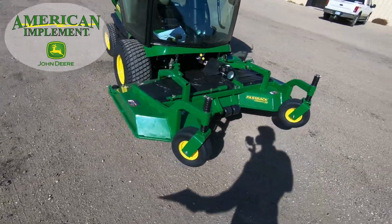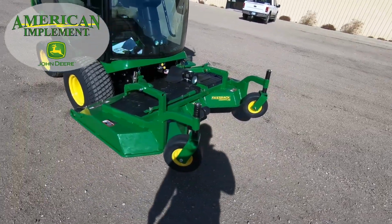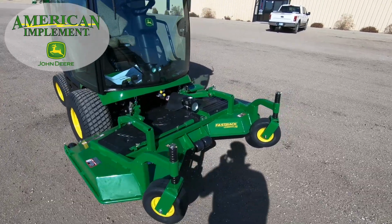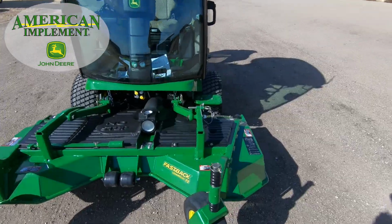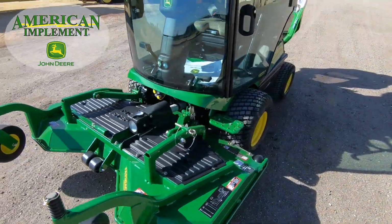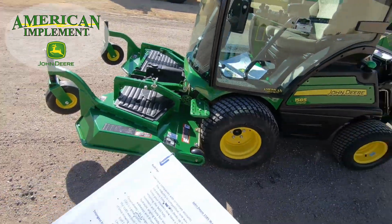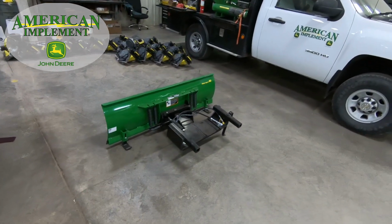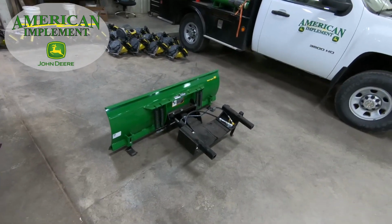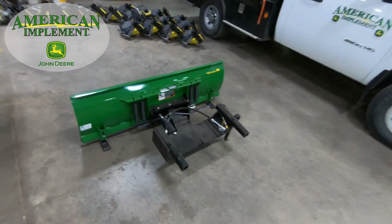We do also have the side discharge as an option in 60-inch and 72-inch decks, and then we also have the 60-inch deck rear discharge. And if you have an uneven terrain that you need to take care of, we have a Hvac 72-inch deck as well. Along with the front mowers, the 1585 also comes with other great attachments. You can have a snowblower or a rotary brush to keep the driveways clean,